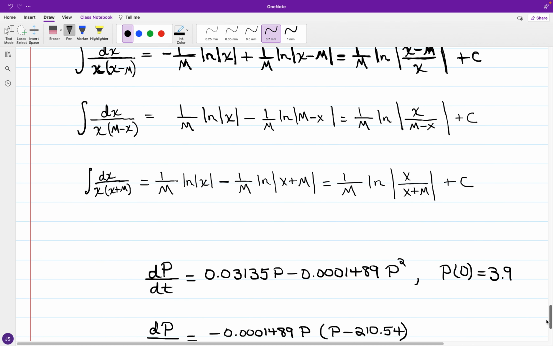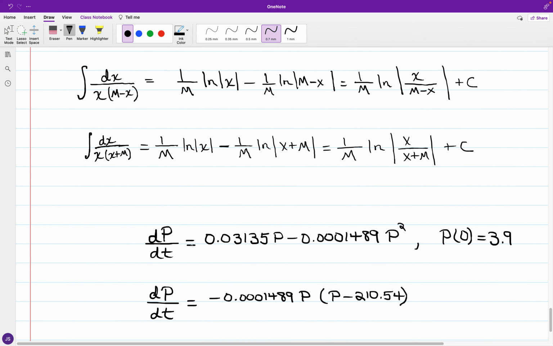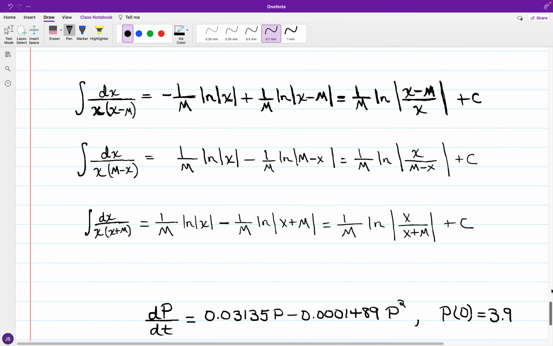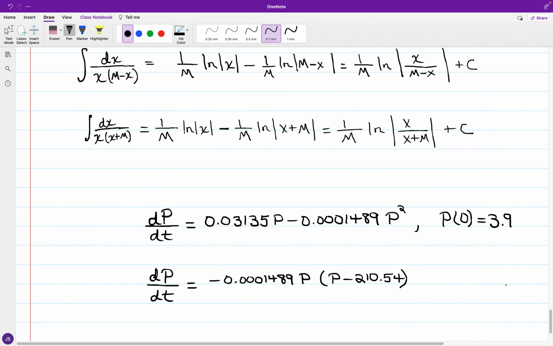We have dP over dt equal to this expression, and if I frame it along the lines of this algorithm with P as opposed to x, I can factor out the coefficient of the P squared term, times P, and then that term minus